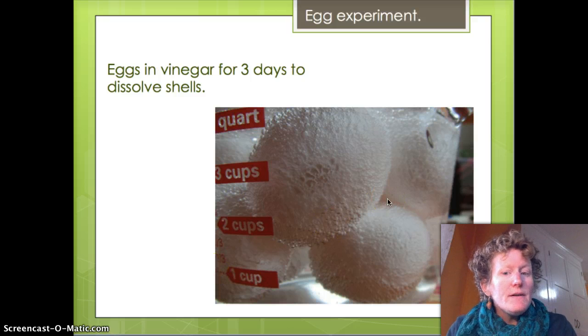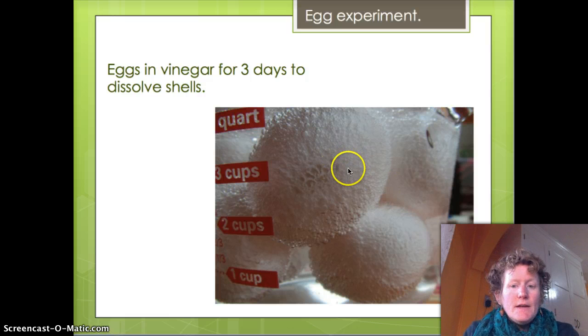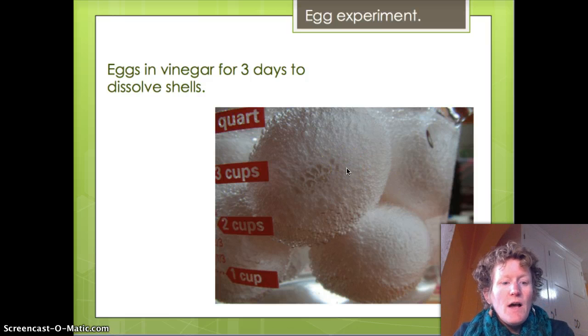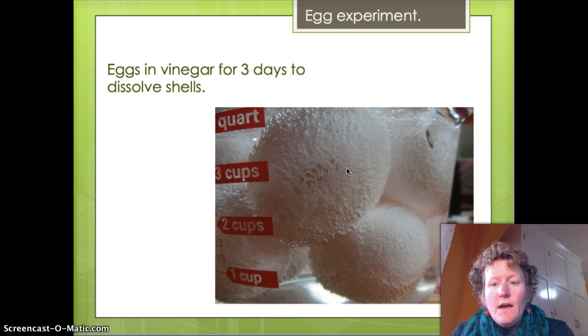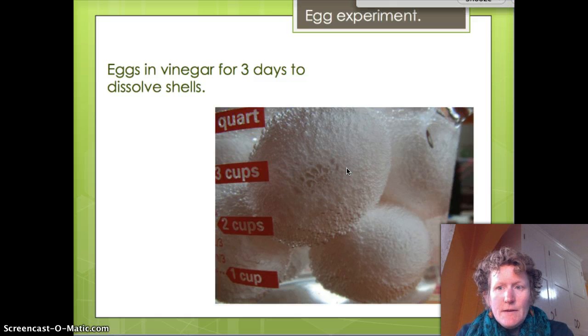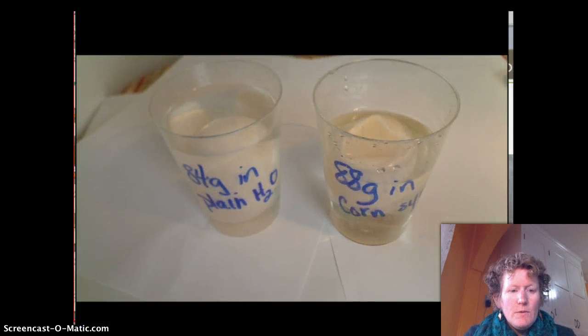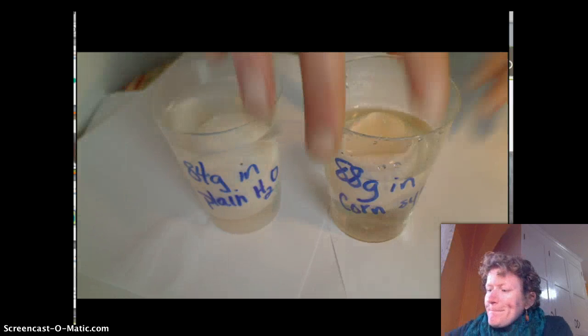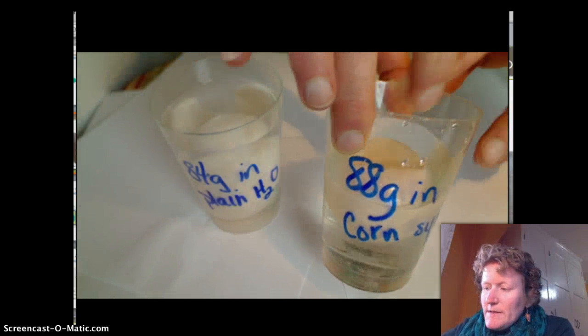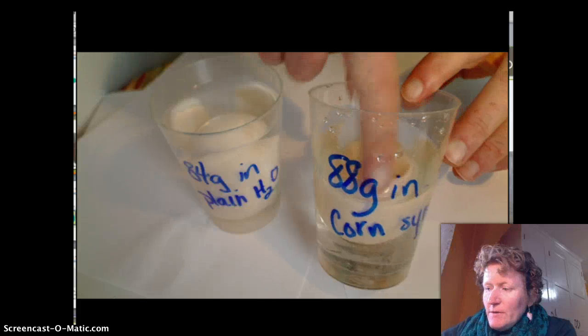To make a model for osmosis, I took a bunch of eggs and dissolved the shells in vinegar. I let them soak for a couple of days, and they turned out like this. Okay, so to get this experiment going, once I had the eggs without the shell, you can see that they're